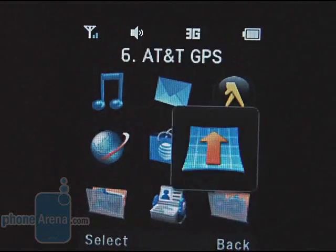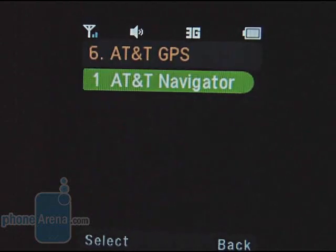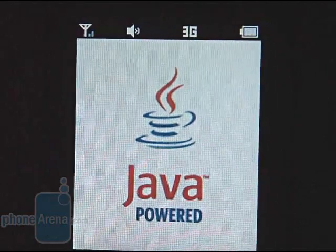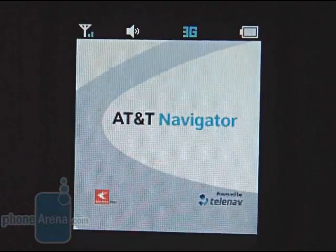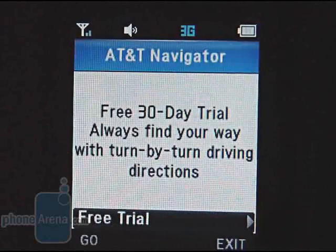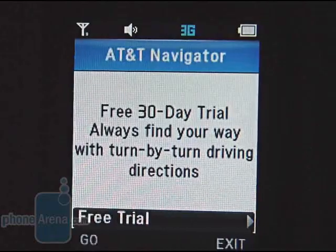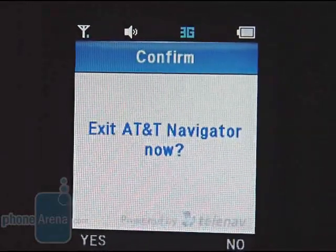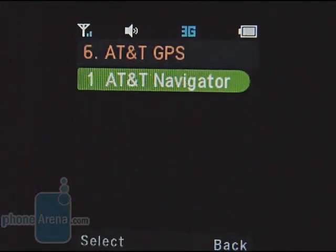Now, other applications that you'll find: AT&T GPS with the phone. It's powered by the AT&T Navigator, which is powered by Telnav here. It's a really easy to use interface. No problems getting a GPS signal. It'll give you turn-by-turn directions and also points of interest, and it'll also announce streets by name, rather than saying left or right. But it's the same exact program that you've seen on other AT&T phones with the AT&T